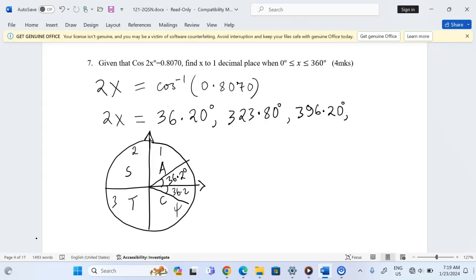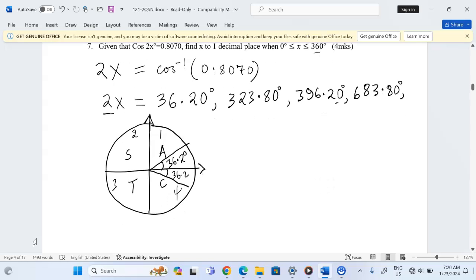We can also add 360 to 323.8. So 323.8 plus 360 takes us to 683.80 degrees. We can continue and continue, but in case we start adding 360 again back to this, you discover that once we divide by 2, we will go beyond 360. So we can just stop at that point, so that the value of x now becomes